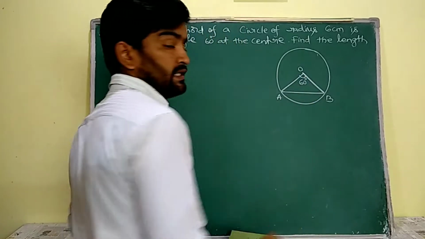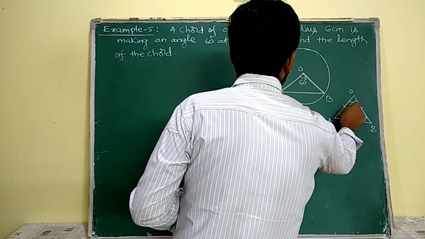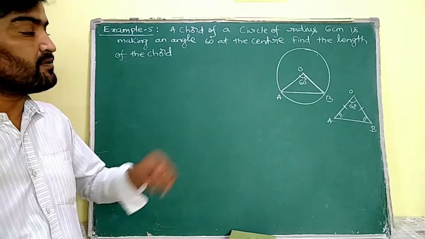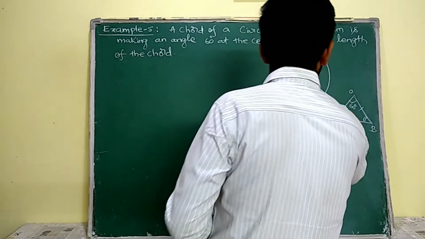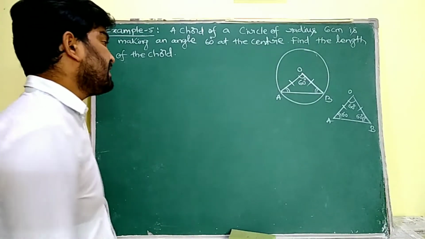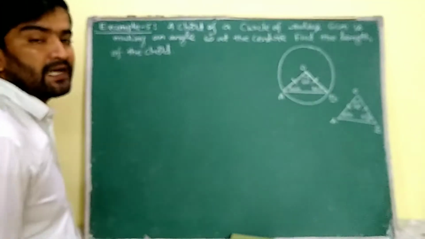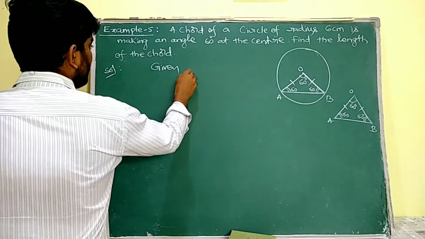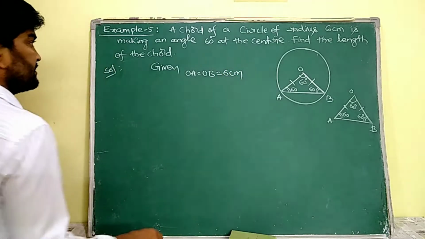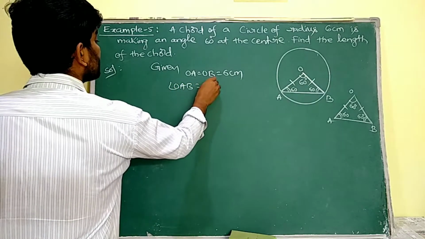So we have to remember one thing. In an isosceles triangle, we know the base angles are the same. So the rest of the base angles sum to 120 degrees and each one is equal. So it is 60 and it is 60. Each angle becomes 60 and 60. So simply this triangle OAB becomes an equilateral triangle. OA is equal to OB is equal to 6 centimeters, because the radius is 6 centimeters. And angle OAB is equal to 60 degrees.